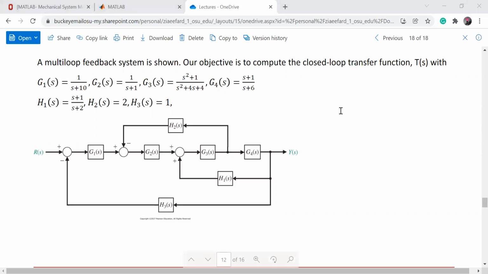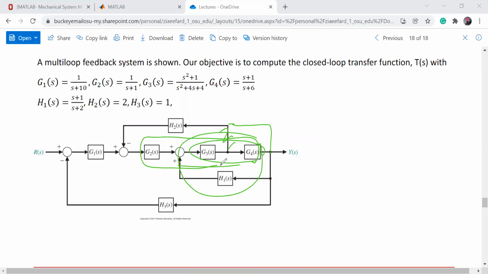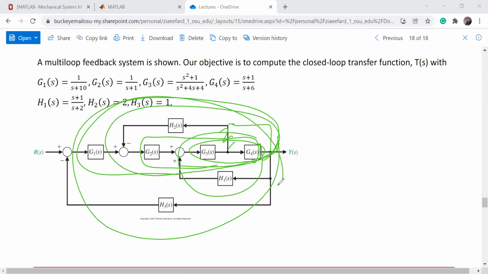How can I annotate again? Annotate. If you move this one here, now these two are in series, then this loop is in feedback, then these two are in series, then this is in feedback, then this is in series, then this is in feedback. So you basically have series, feedback, series, feedback, series, feedback, right? You just have to bring the last system that you used and it would have solved. Once you do that,